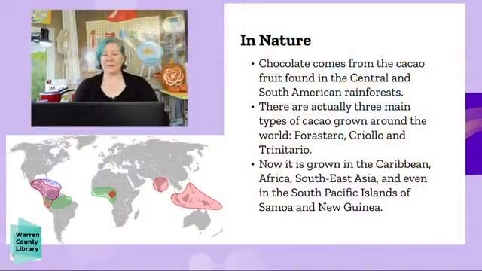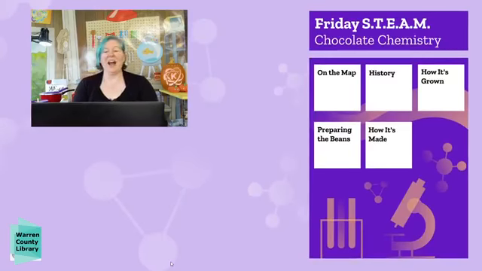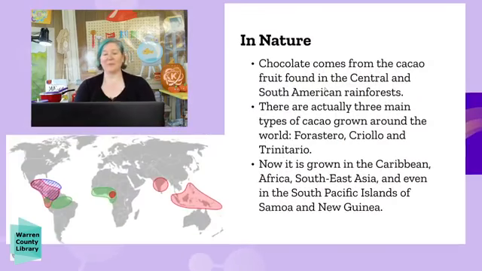I have a lot of information for you today. Okay, switching over. So here we go. Start at the very beginning. So let's start with, where is chocolate grown? Where does cocoa come from? Well, chocolate actually comes from the cacao fruit, specifically the bean in that fruit that's found in Central and South